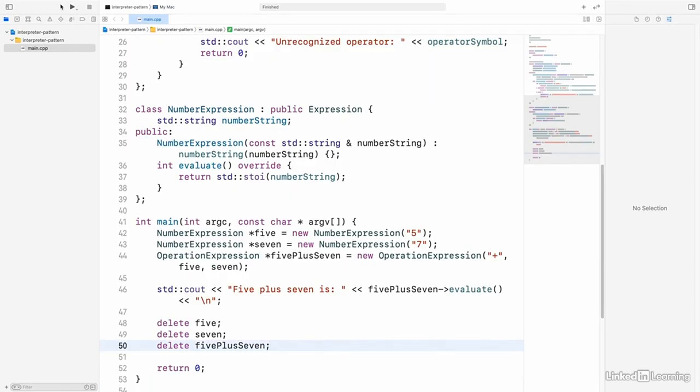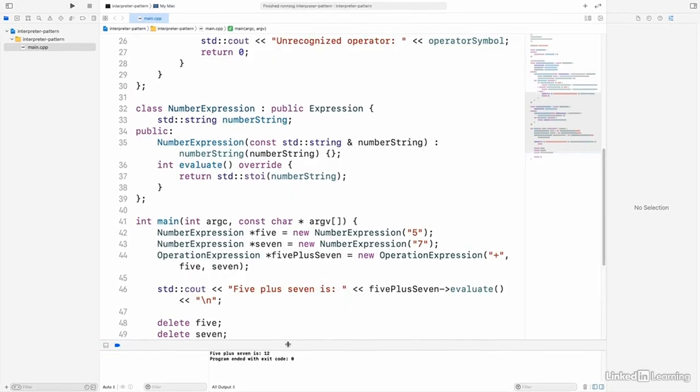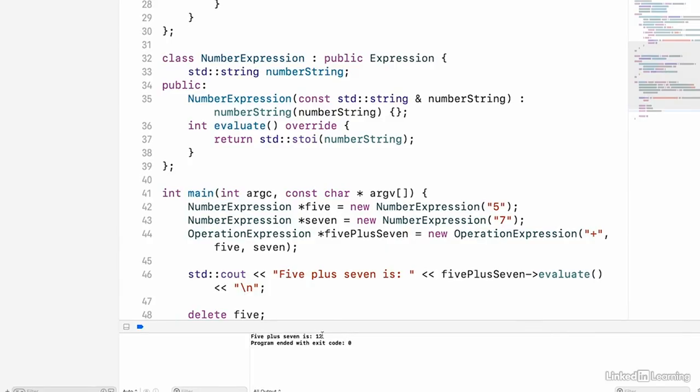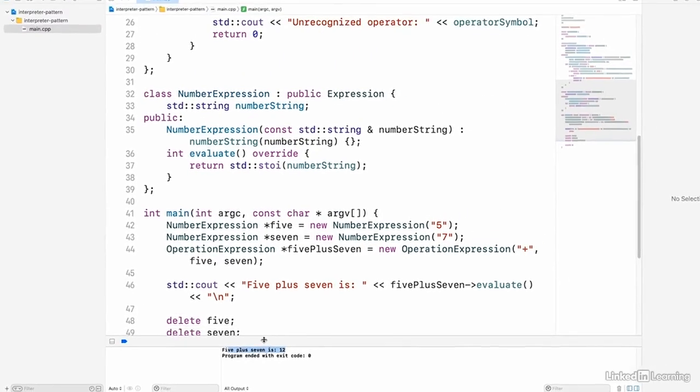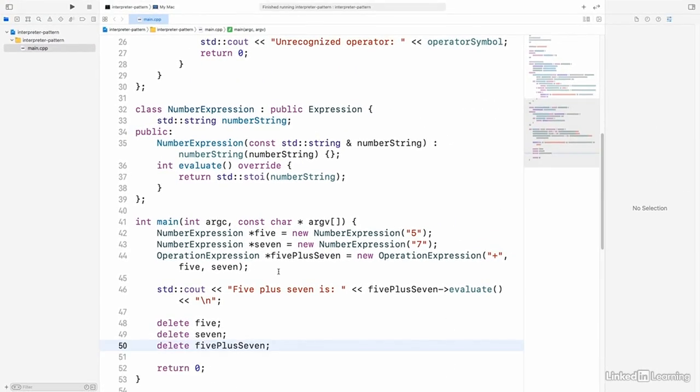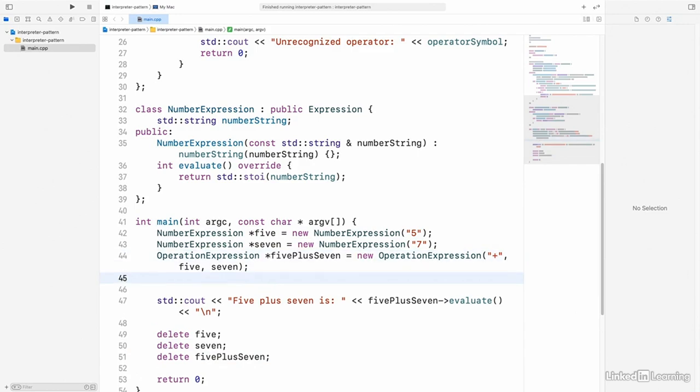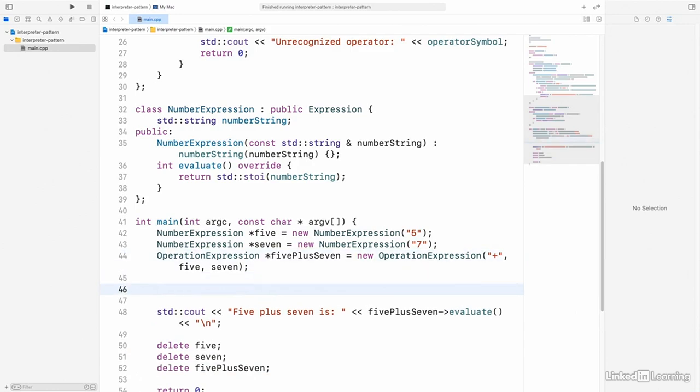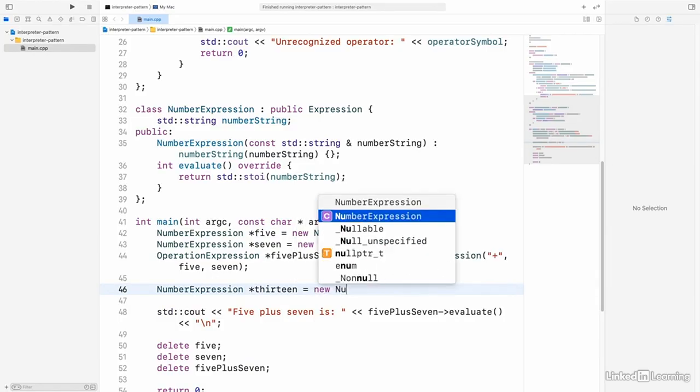Perfect. So if we run our code now, we're going to see that it prints out 5 plus 7 is 12. Okay? So if we wanted to make this a little more complicated, we could in fact define ourselves another number expression. All right, we'll say something like 13 equals new number expression